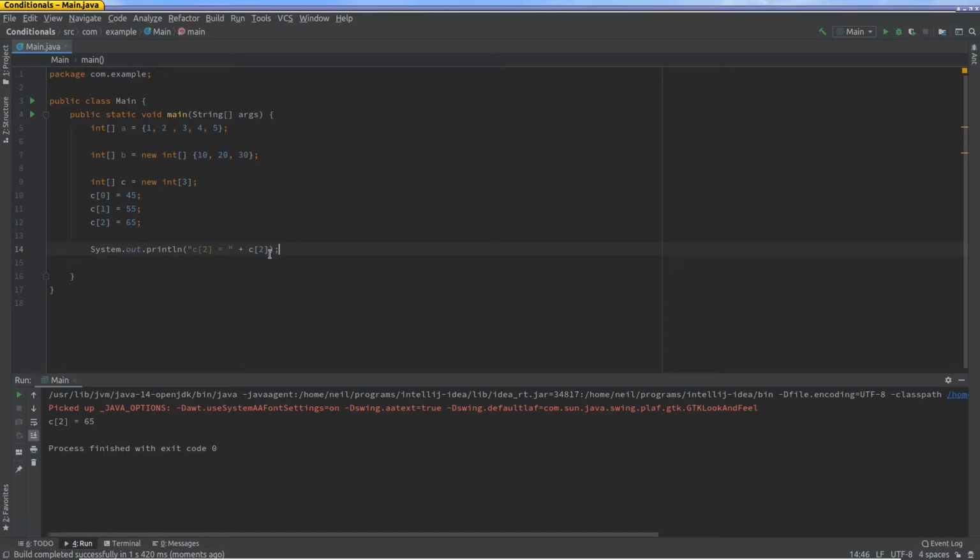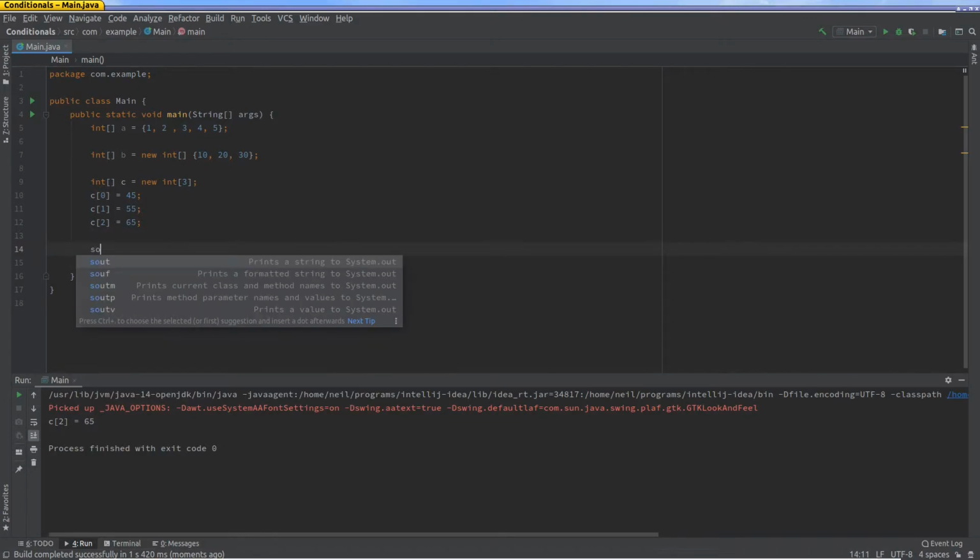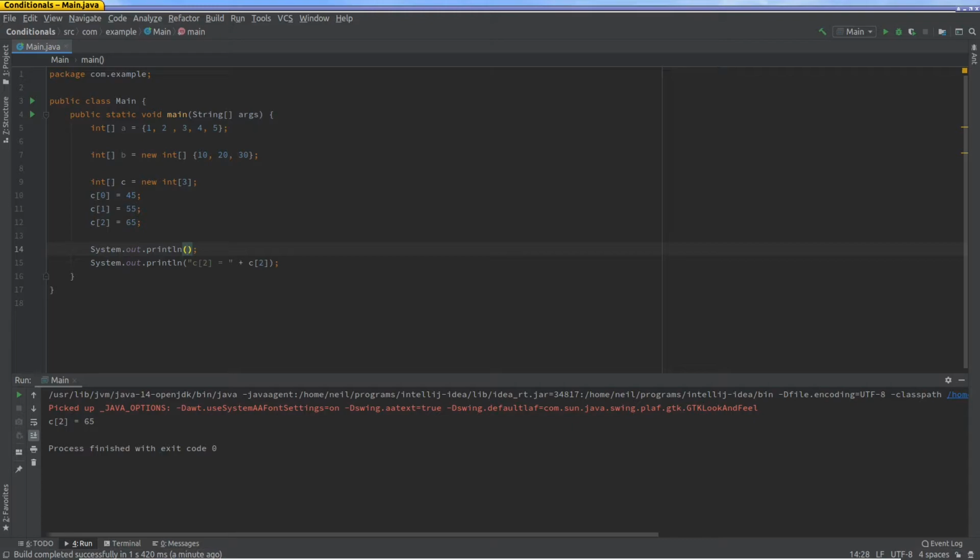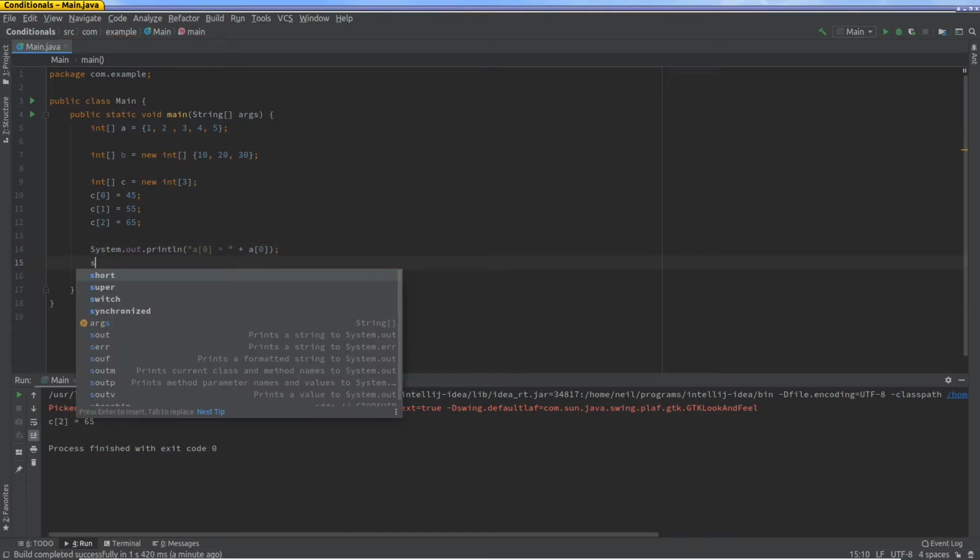So this is one crucial thing that you've got to keep in mind when you're dealing with arrays in Java, right? Indexing starts at 0. That means the first element is 0. And this actually works the same for all of these arrays that I've created. So in fact, what we'll do is let's actually now try to print out different elements of each of them. So let's say a[0], just to prove that I'm going to get the first element. So I should get 10 over here,